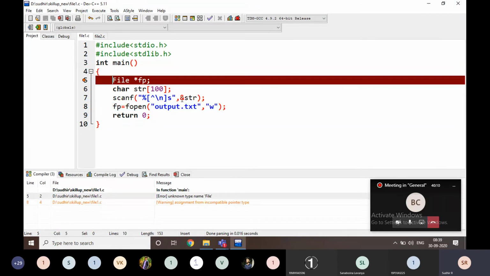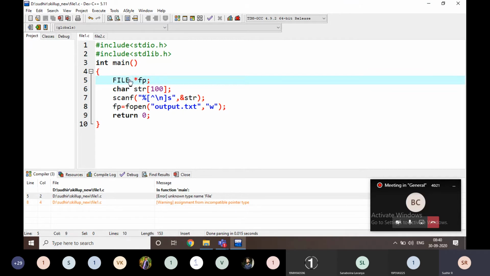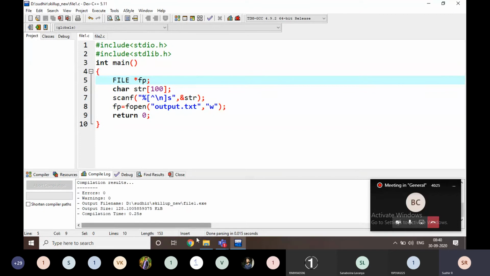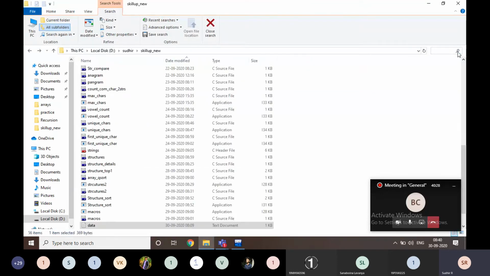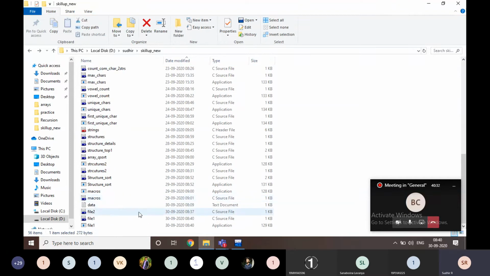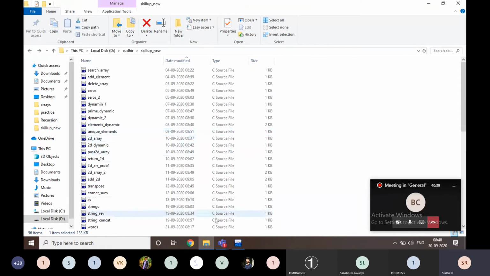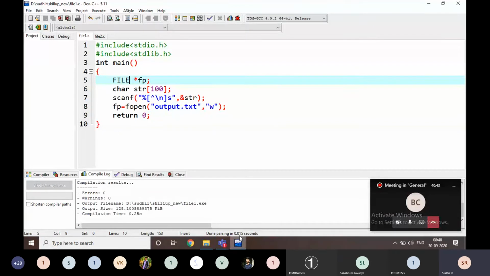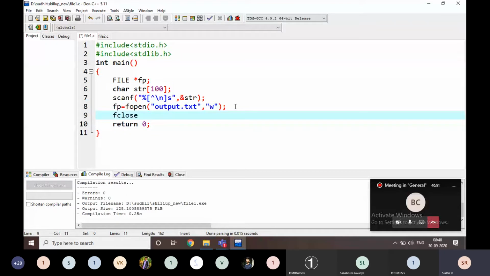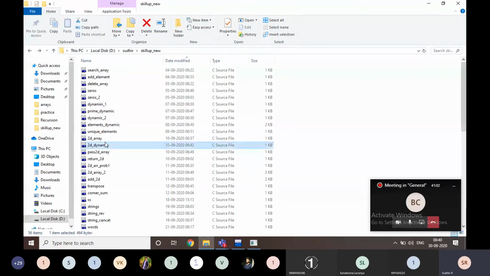For example, if I execute it, just a minute, I close this one with fclose of fp. Is the file there or not?